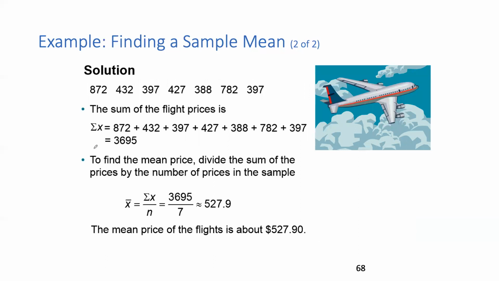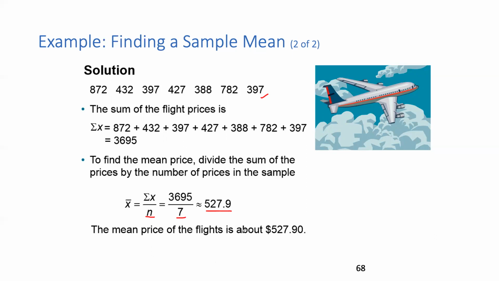So one answer to that is to basically find the average, and the average essentially takes each of these values, 1, 2, 3, 4, 5, 6, 7. There's 7 values, adds up all the 7 values. So sigma x is essentially saying sum up all the values in the data set, and then you divide by the total number of entries in the data set, which is 7. And so the average is about $527.90, right? So the mean price of the flights on the sector is about